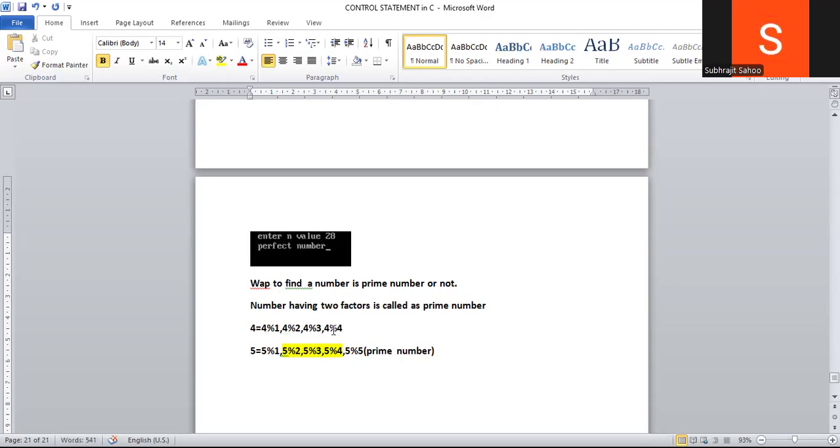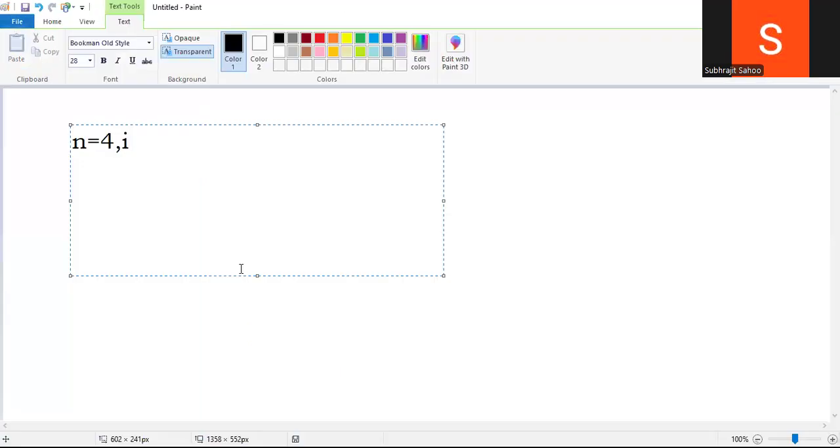But here how many factors? 1, 2, 3 factors. So 3 factors means it is not a prime number. Here 2 factors means it is a prime number, right? So the same logic I have to write here. I will take i value. Because the same thing I have to repeat, I have to use a looping statement here, sir, for i equal to 1,